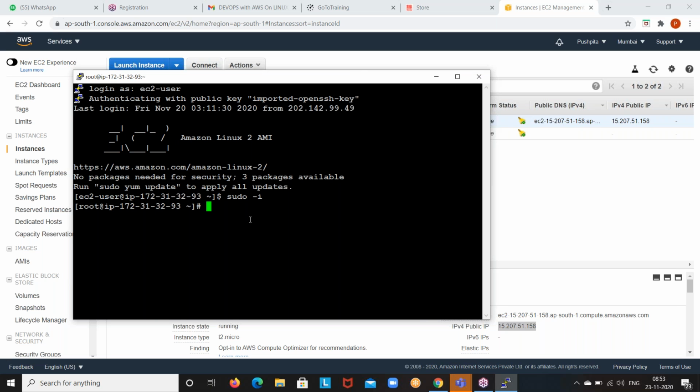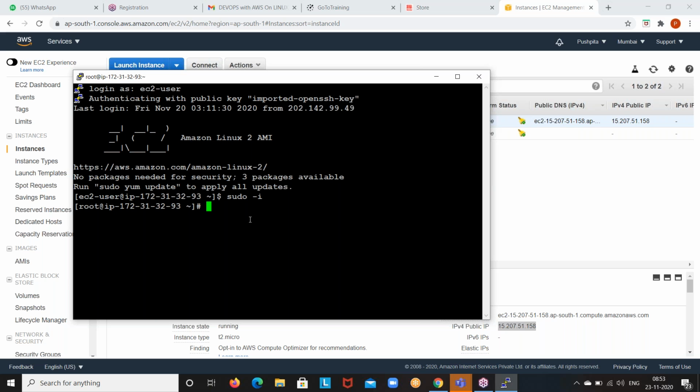So where were we in the last class? We completed the touch and cat commands. I hope you are clear about the touch and cat commands. Both we used to create files only. Same in Windows also, we have multiple tools: Notepad, WordPad, different tools. Same here also. So touch is one command to create an empty file. Nothing will be there. You may ask, what is the purpose of an empty file? Sometimes you want that file, but you don't need any data right away. You want to add the data later.